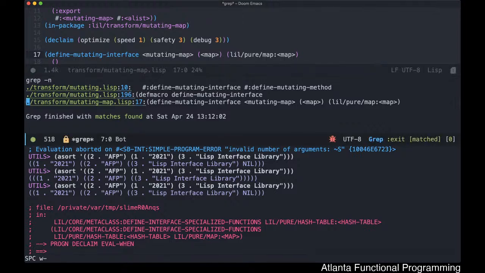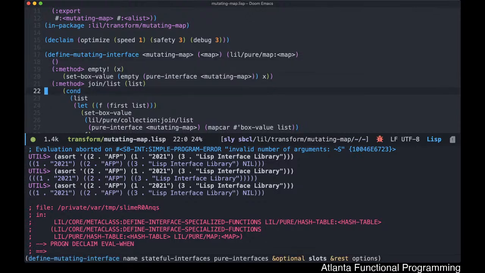So, mutating map, as you can see here, all it does is create a new concrete interface, a subclass of the map interface, but it is also parameterized on the pure map. Okay, so again, remember